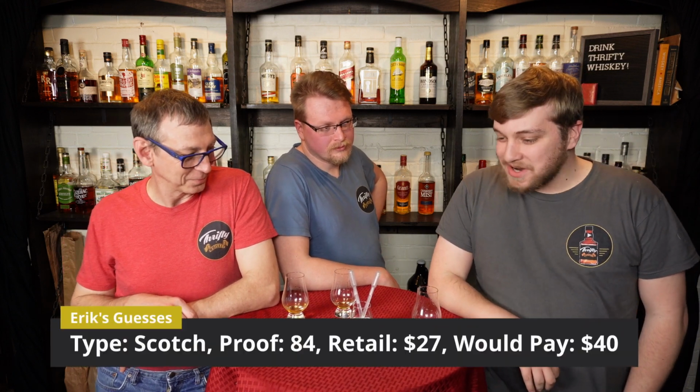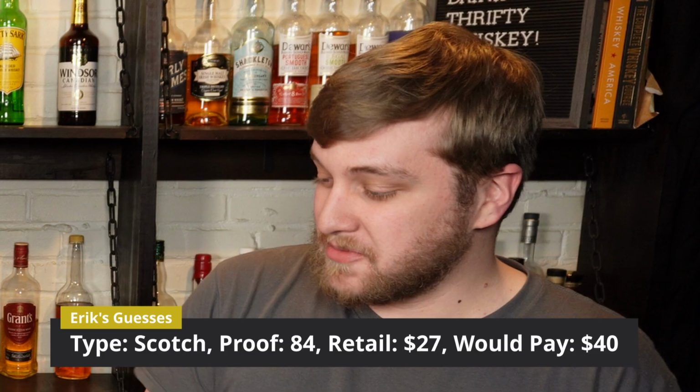This is 84 proof. I do think this is on the upper end of our price range. I think this probably retails for 27. I would pay $40 for this bottle. All right. But whoever makes this, don't jack up the price on our account. I think this is an Irish whiskey. You're wrong, but okay. I think you could fool me into thinking it's an 84 proof, but I'm going to actually guess 80 proof. That's a lot of flavor for 80 proof. Yeah, it is. But I'm going to go 80. I think it probably retails around $28. I'd be willing to pay